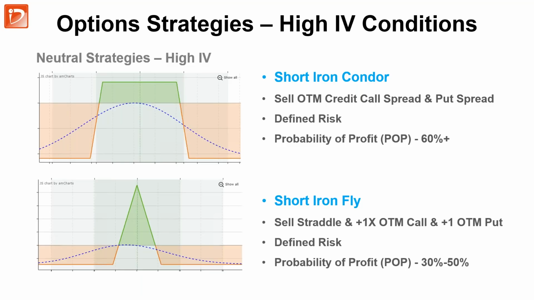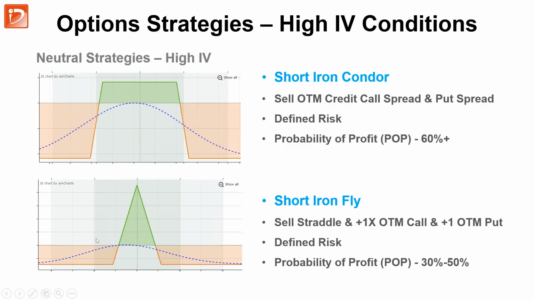These strategies are more in vogue recently because there are reduced margins. In the Nifty, if you do an iron condor, around 45,000 is the margin required. Now coming to the other one, a short iron fly. In this you sell a straddle and you protect the straddle by buying wings, one out of the money call and one out of the money put. That is why it's called short iron fly, because it has wings.